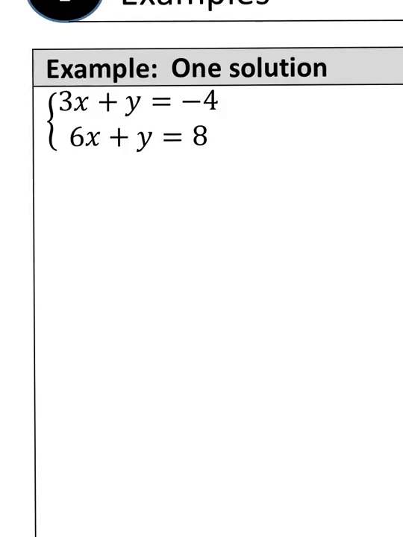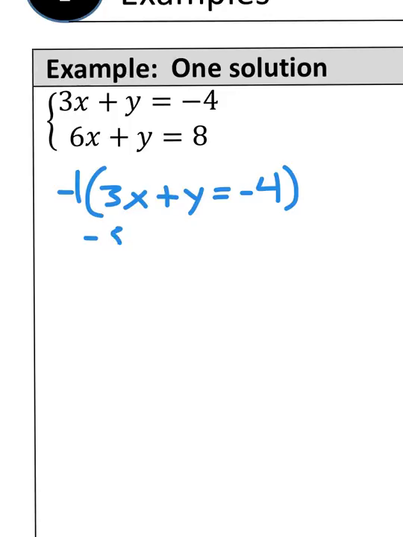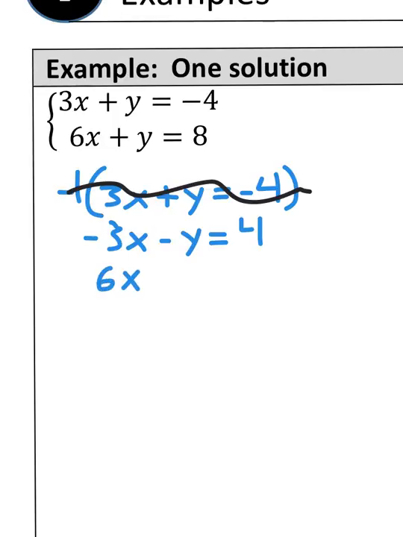So I'm going to take my first equation, 3x plus y equals negative 4. I'm going to multiply it times negative 1. So negative 1 times 3x is negative 3x. Positive y times negative 1 is negative y. And negative 1 times negative 4 is 4. Cross that out so we don't get confused, and bring down my second equation, my 6x plus y